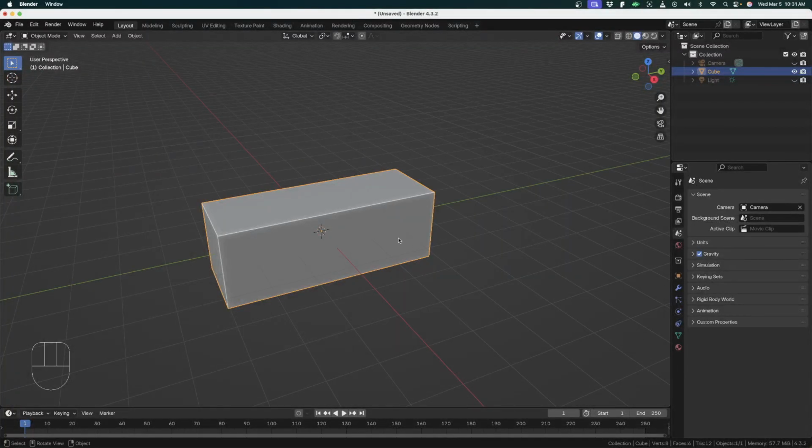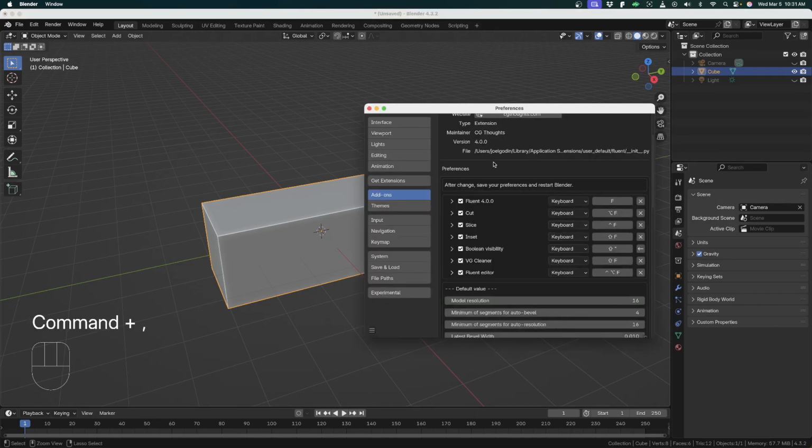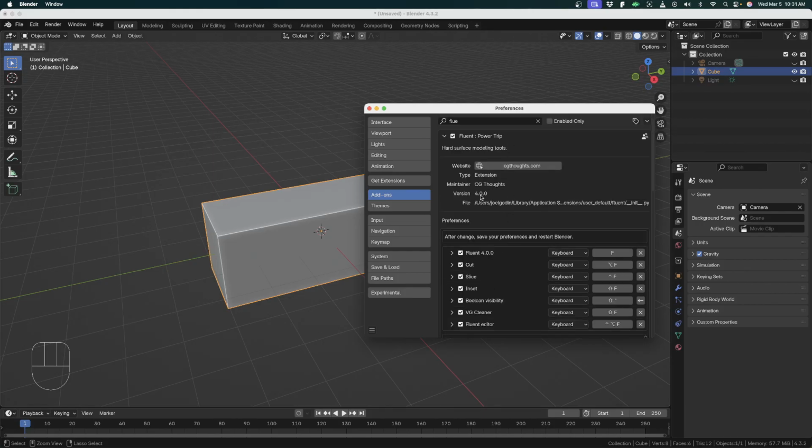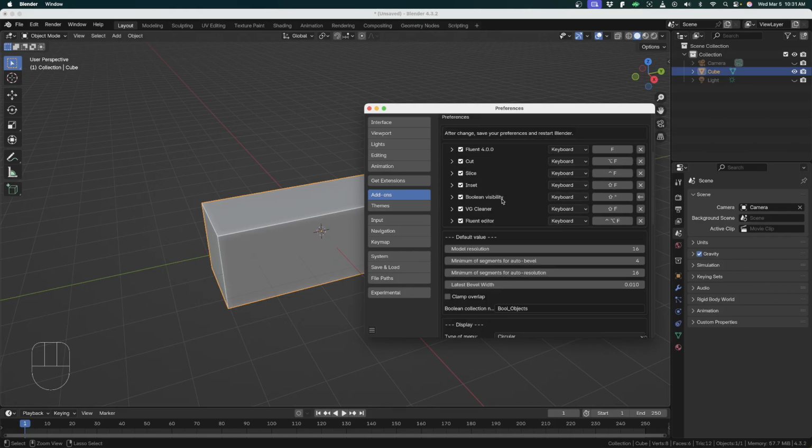Okay, here's how you remove a mirror in Fluent after you've added it. And just so you know, in Fluent, I'm using 4.0, and the Boolean visibility, I've set this instead of greater than or less than, which is a European keyboard shortcut. I've changed mine to shift